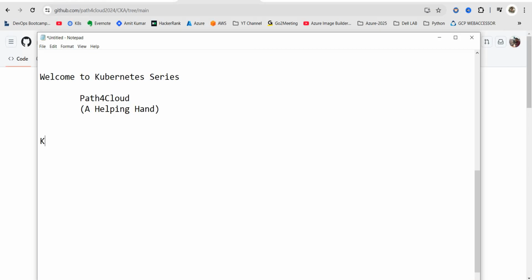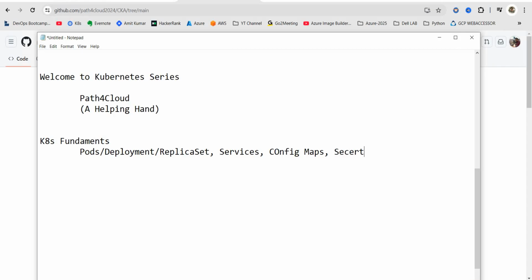So we'll start with the Kubernetes fundamentals. What exactly Kubernetes is, and under this we have pods, what a deployment is, what a replica set is, services, config maps, secrets. There are many things. I have a plan already created, I will show you. Then once we are familiar with all these things,